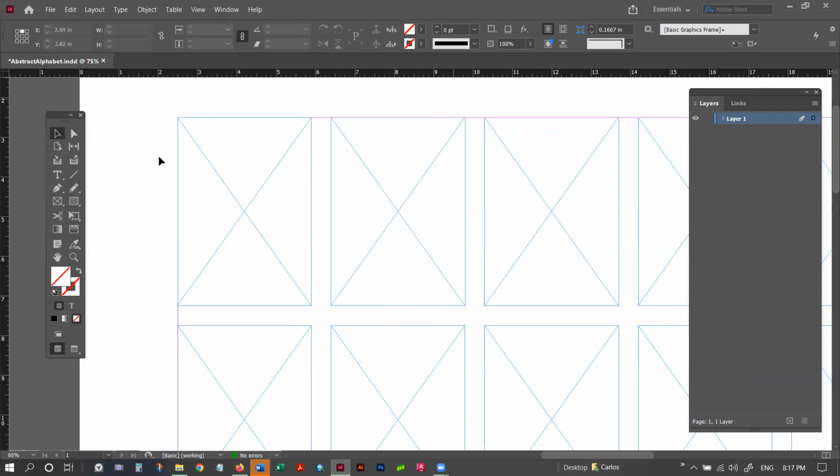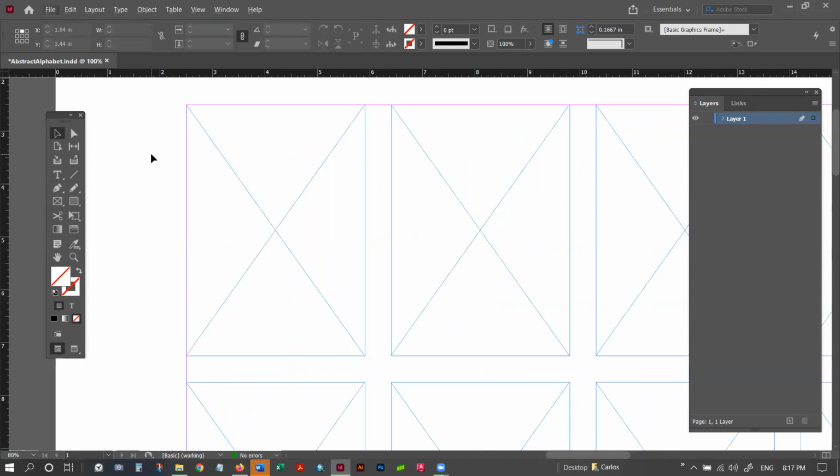So image frames are like little windows. To activate them, you must double click. If you don't double click, the image frame is going to look blue even when you select it. All the grips are blue. But as soon as you double click using the selection tool,